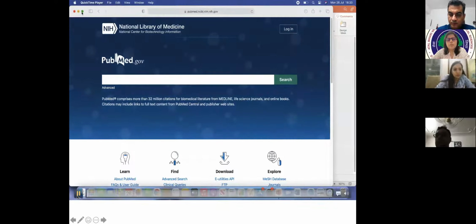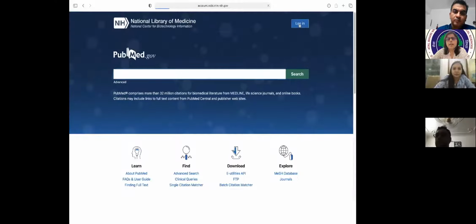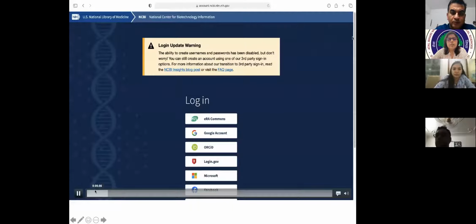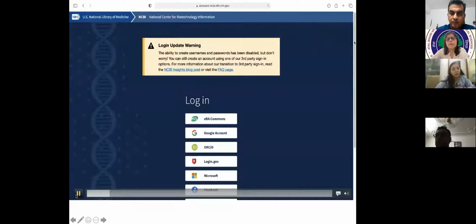For that, you simply click on the login button and you will be directed to a window. Here you can see there are some changes. There is a login update warning that now you cannot log in through NCBI credentials. However, you can log in through third party accounts.